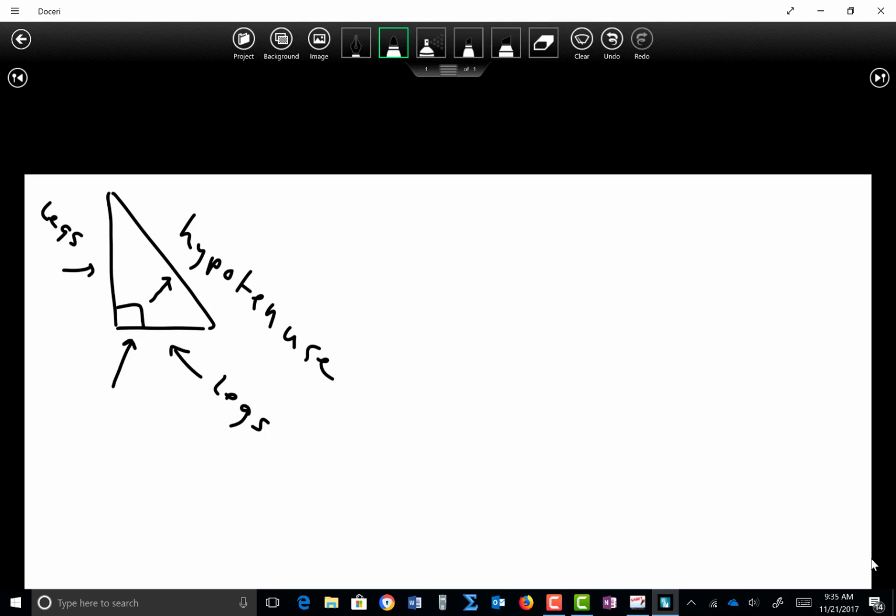You probably learned the relationship between the hypotenuse and the legs, in that if we label this angle A and this angle B and this angle C, and the sides across from them are the lowercase letters, so this would be lowercase c, lowercase a, lowercase b, the relationship is that c squared, which is the hypotenuse, is equal to a squared plus b squared. That's the Pythagorean theorem. So that's probably the first thing that you learned about right triangles.